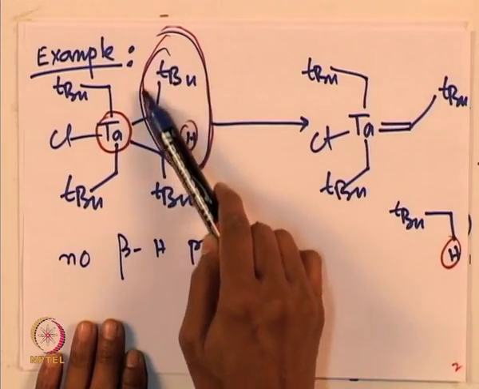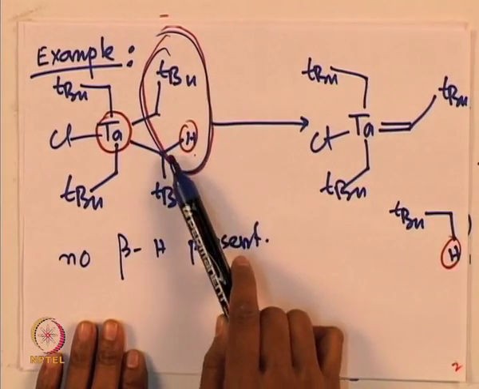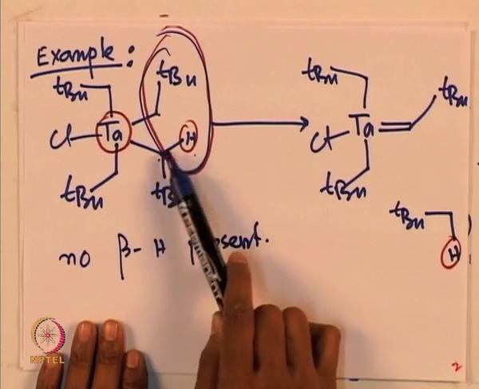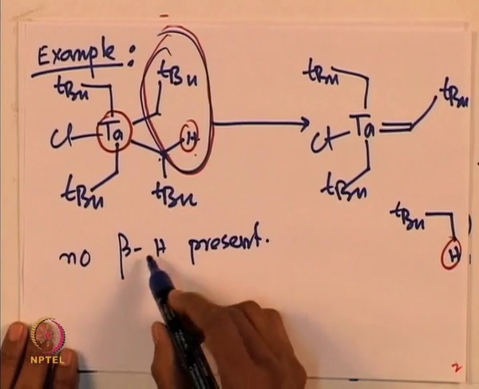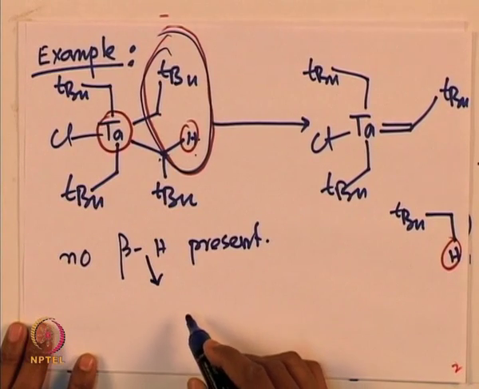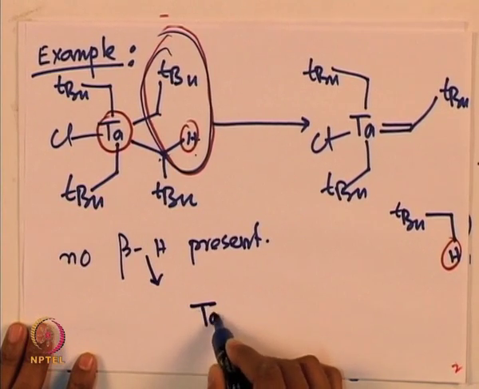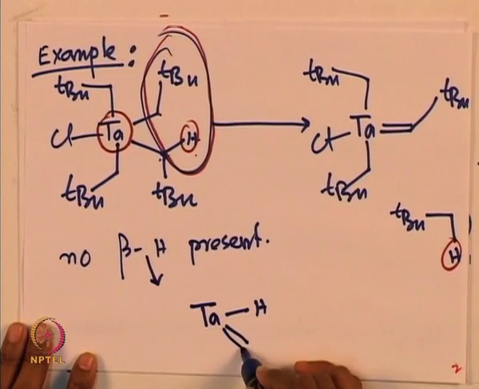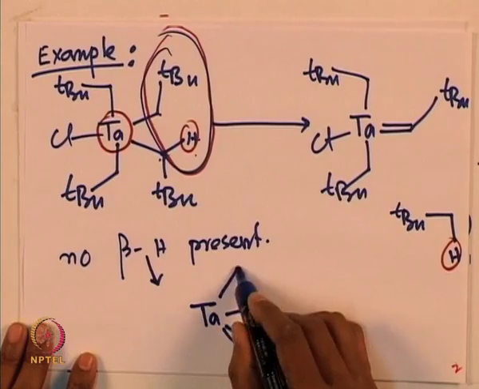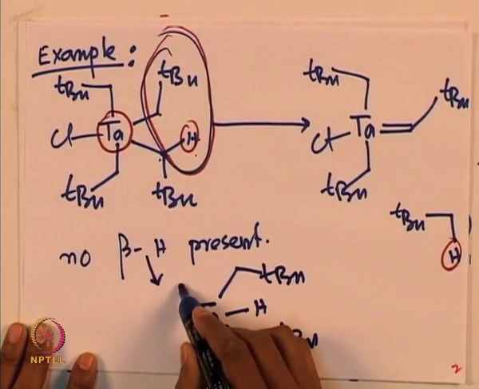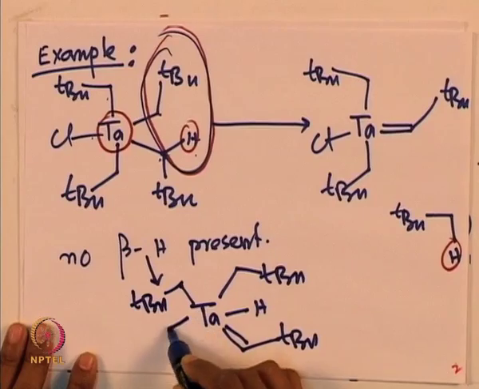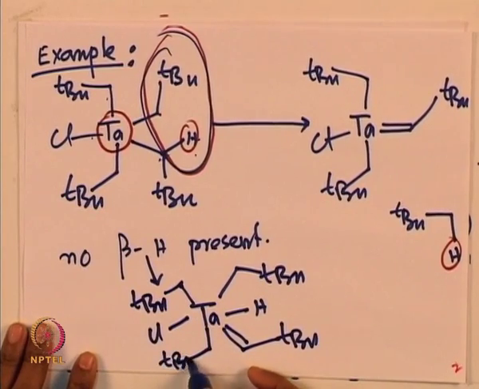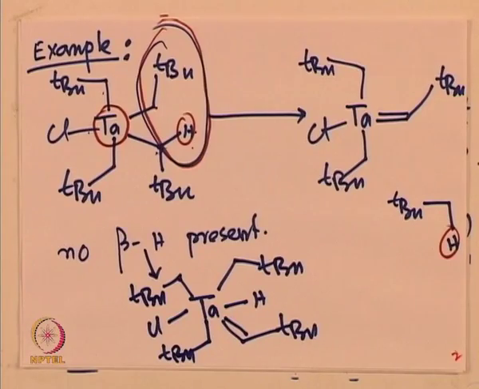Here one of the alkyl groups is acting as a base, abstracting the hydride from another alkyl group, and this is the alpha hydride, and we are getting this carbene intermediate. An alternate mechanism involves the formation of, as you can imagine, this tantalum hydride and this tert-butyl intermediate, right? So everything else remains the same. From a 1, 2, 3, 4, 5 member intermediate, we can technically get a 7 member intermediate, right? So this 7 member intermediate, if you try to look at this, we are calling as